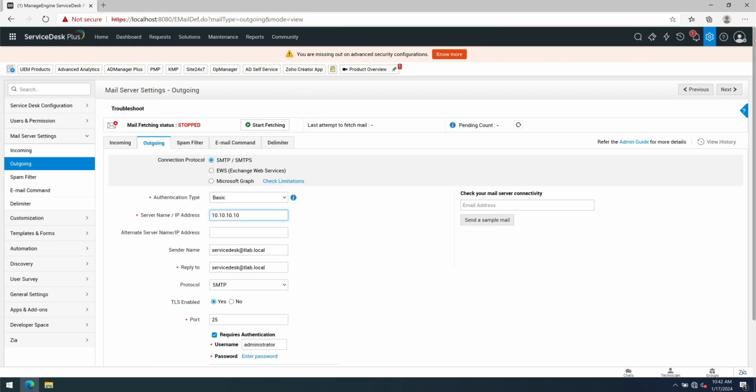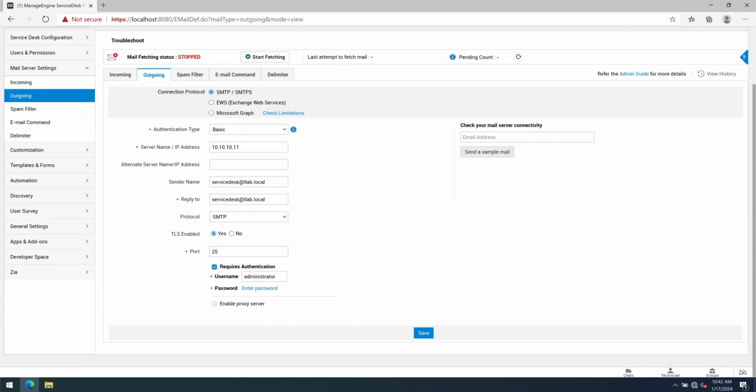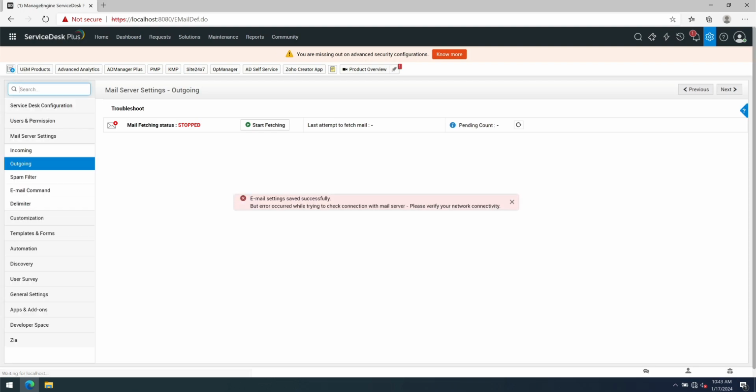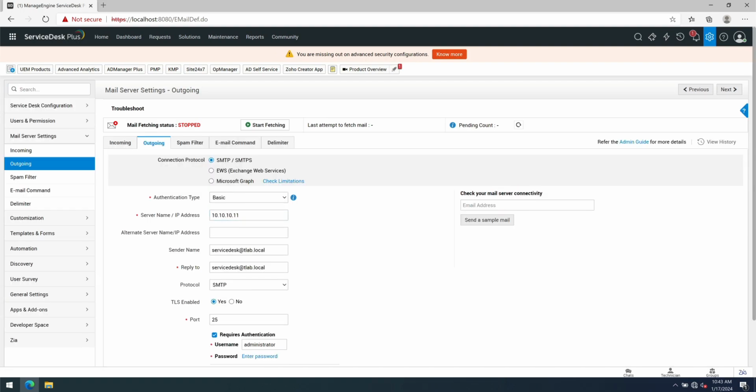I'll specify my Exchange server to my 2019 server. Nothing else changes. It'll still be port 25. And generally what I do with applications like this is they have their own dedicated receive connector so that you don't end up with anonymous not being allowed, for example, or some other issues. A dedicated connector is normally easy to troubleshoot, etc. as well. In this example, we are authenticating against the user, the Exchange server, so the user is not just anonymous. So now that I've updated my incoming and outgoing settings, once my Exchange servers come up, I will then